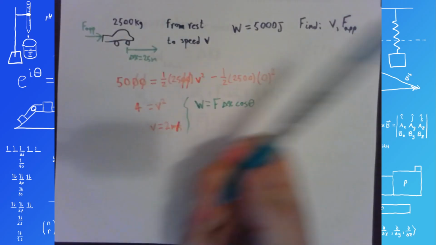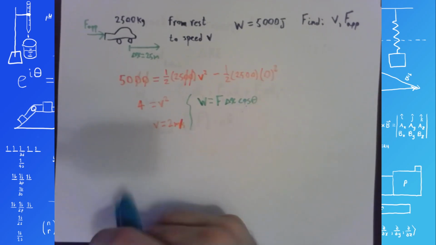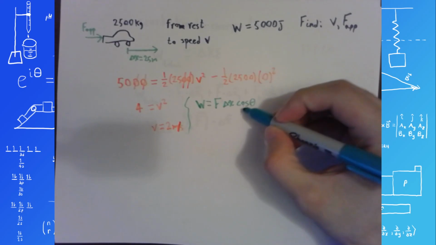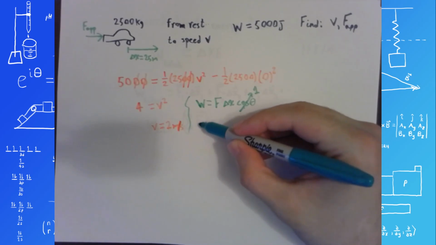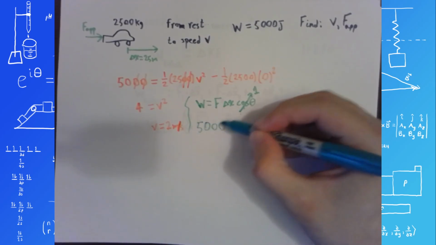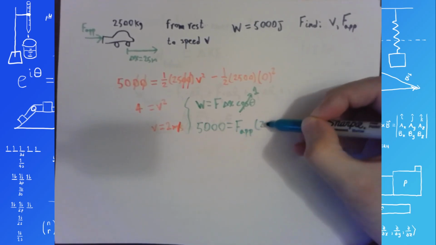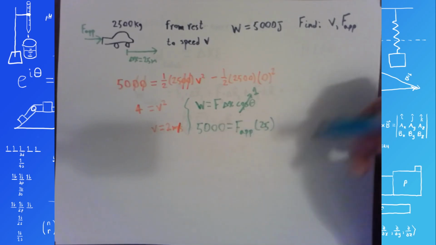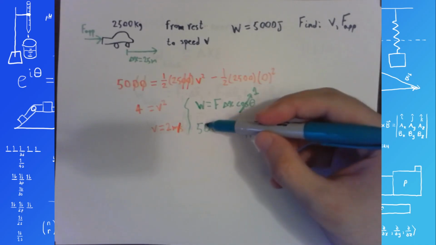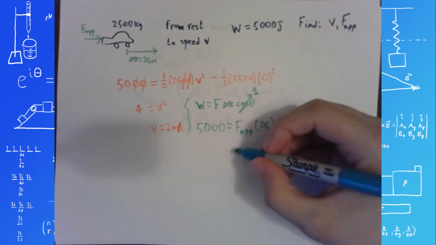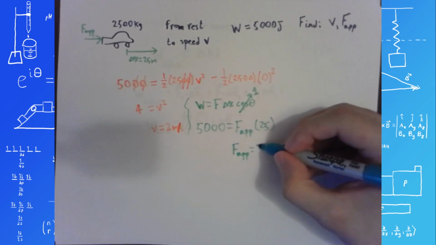If our force is applied horizontally to the right and our displacement is horizontally to the right, then cosine of theta is cosine of 0 degrees, which is equal to 1. And we have our force applied is going to be 5,000 over a displacement of 25. 5,000 divided by 25 meters. 50 over 25 is 2, so 100 over 25 is 200. Force applied equals 200 newtons,